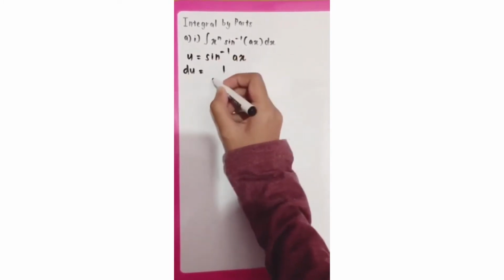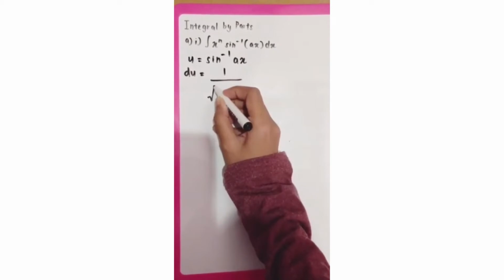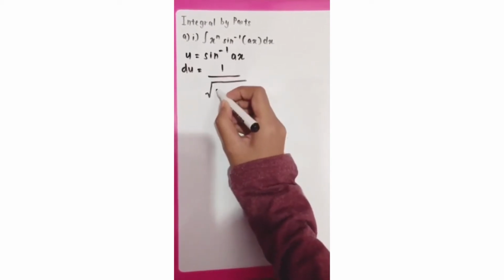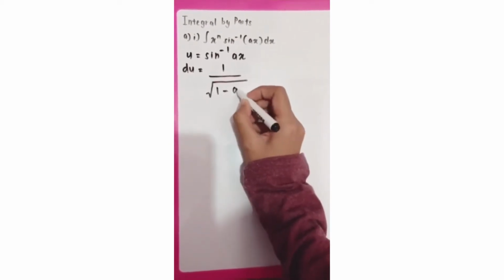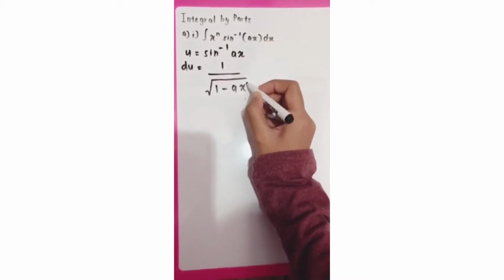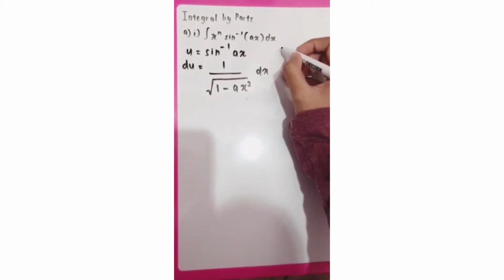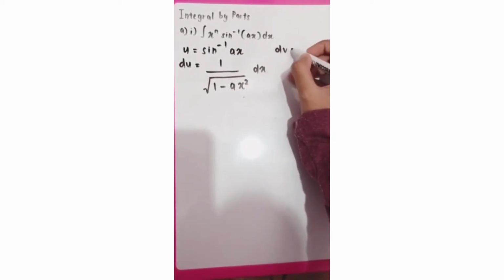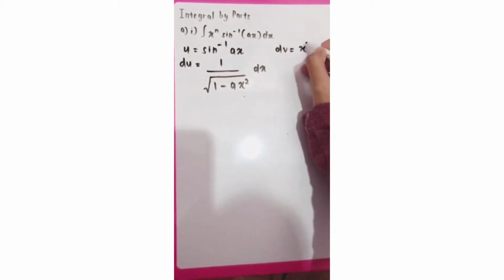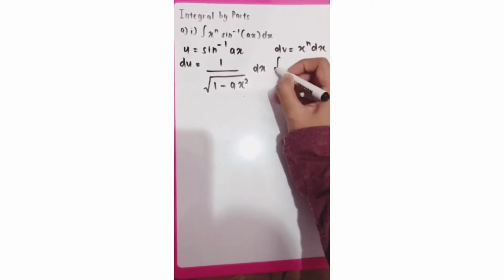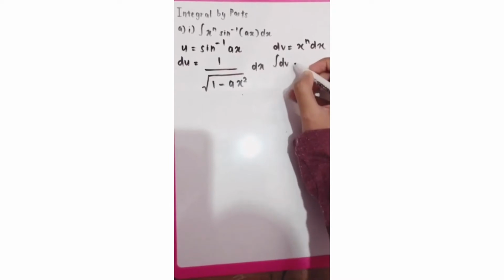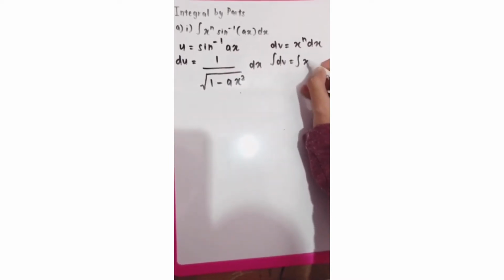1 over square root of 1 minus ax squared dx. The dv is x to the power of n dx, and we need to differentiate the dv, and we will get